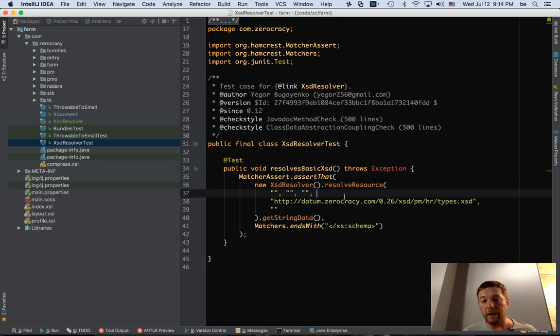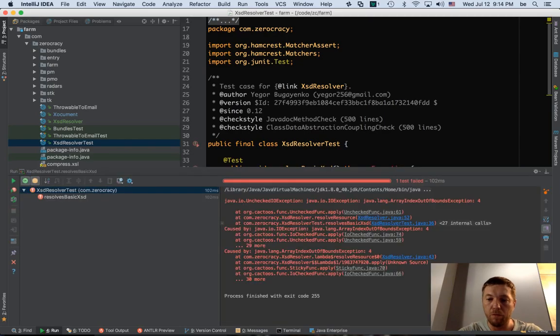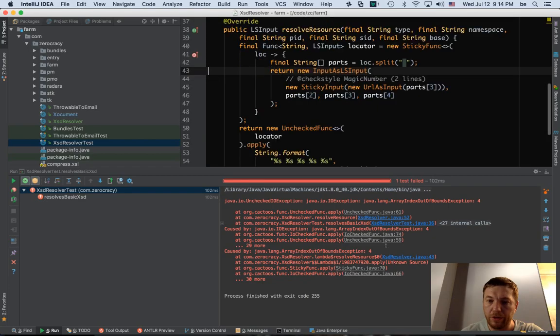So if it breaks now, that's a success for us. If the unit test fails, that will tell us that we found the problem. And that's great. Let's see what the problem is. Let's run it and see what happens. Boom. That's something completely different. It says array index out of bound exception number 4 here. Okay, there's not enough.